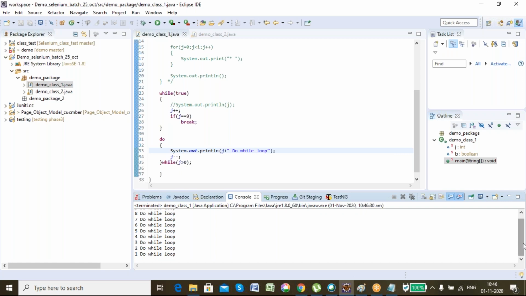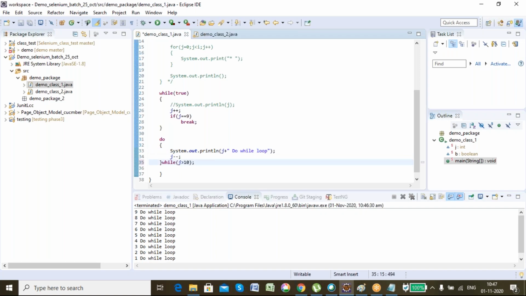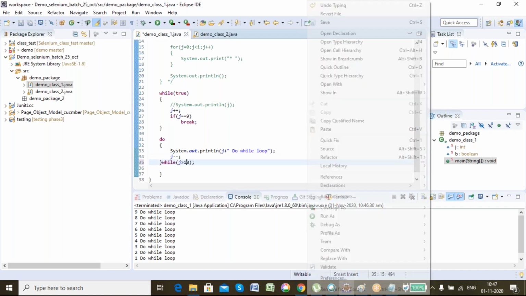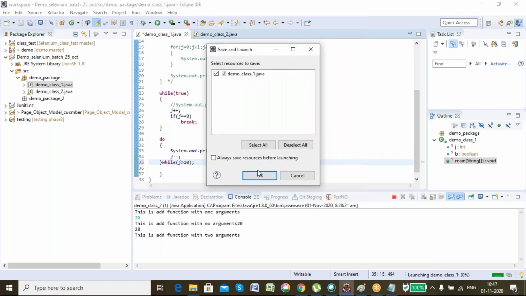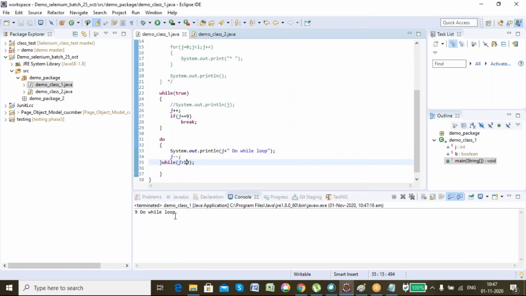But you will see, even though it is 9 and I write greater than 10, this condition doesn't satisfy, right? 9 greater than 10 doesn't satisfy. And if I run it, you'll see one thing: one time it is executed.